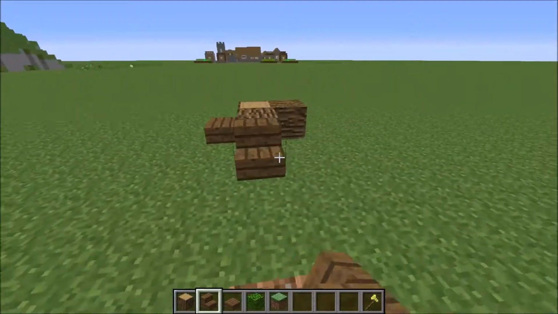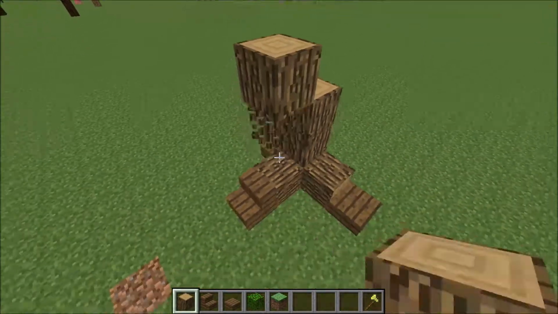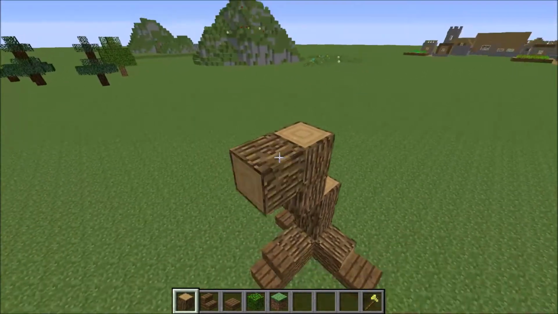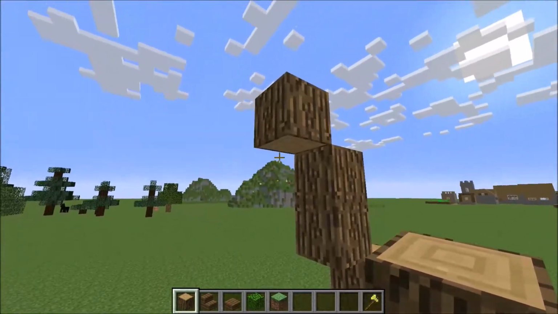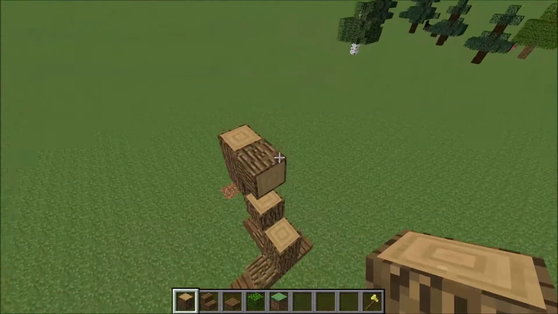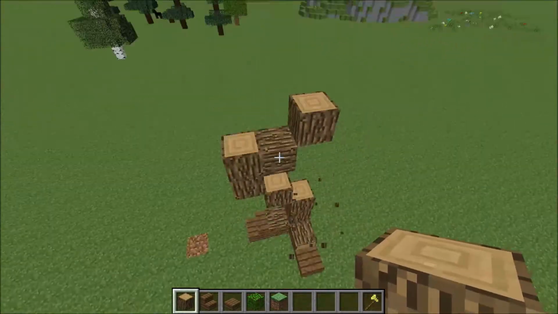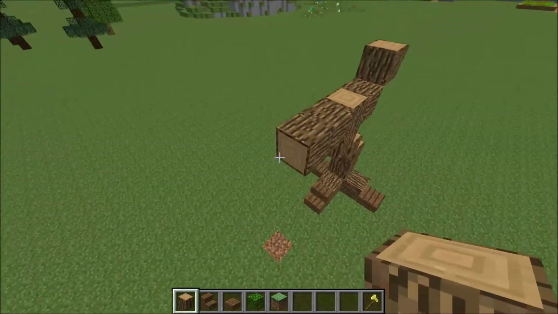Got this, we got this, and another one here. And then we got a style like a bit of the curve of the tree, because trees usually aren't straight, and I think this should be better like so. And then usually you want to add, how we call it, branches. So you add some of those,